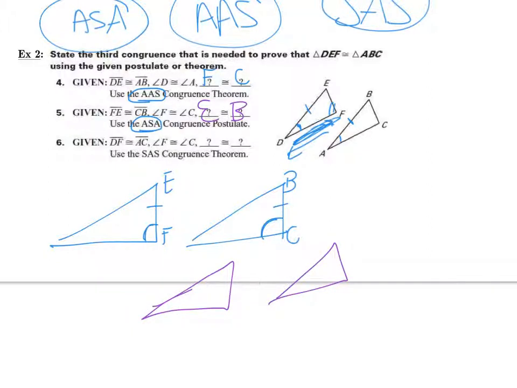Now they're saying DF, so this side is congruent to AC, and angle F is congruent to angle C, and I need to prove it by side, angle, side, so I'm going to start at a side. I'm going to have the angle in between, and I have to say it in order: side, angle, side. So this side is congruent to this side, which is EF